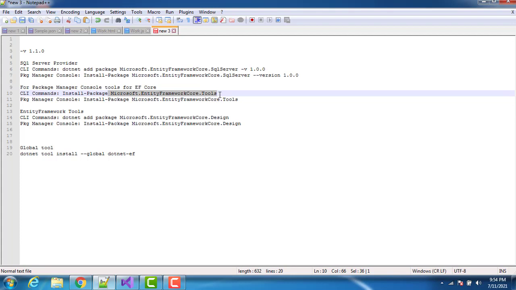Microsoft.EntityFrameworkCore.Tools. This package is used to get the package manager console tools for Entity Framework. Whatever commands or tools we use with the help of this package, they will ultimately call the libraries or the compile time, pre-created code, which is written inside the Microsoft.EntityFrameworkCore.Design package.